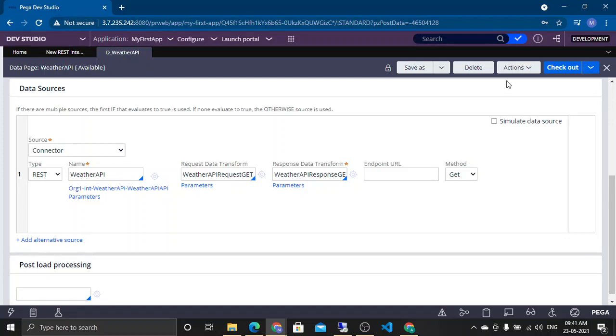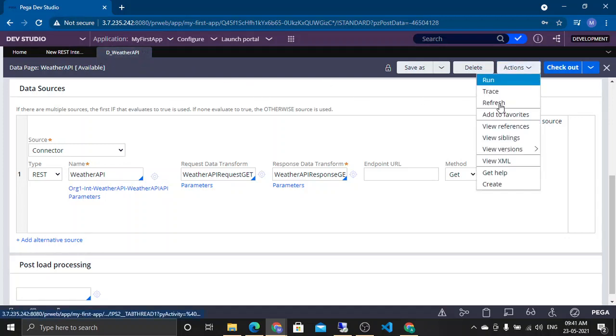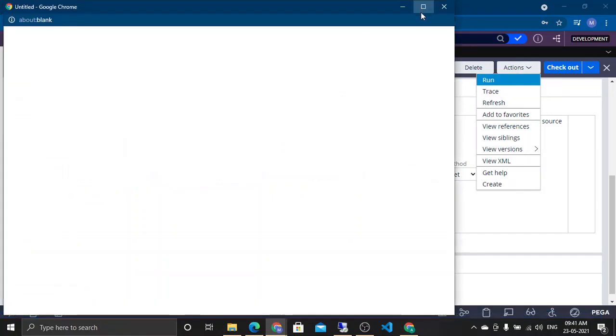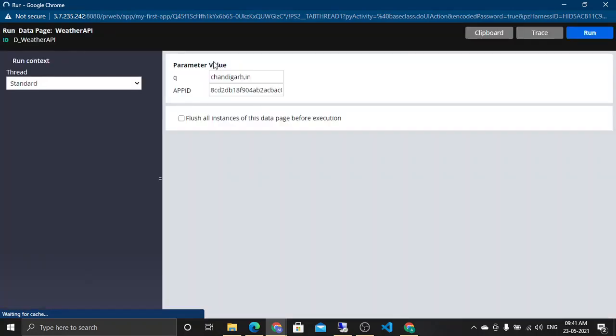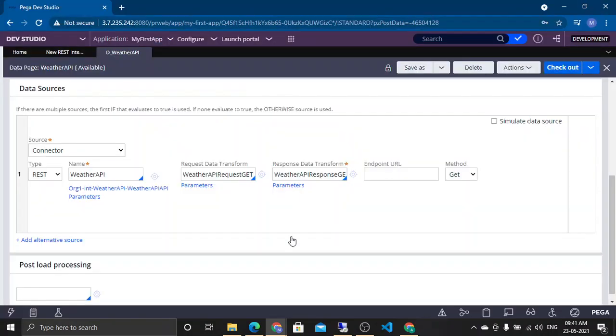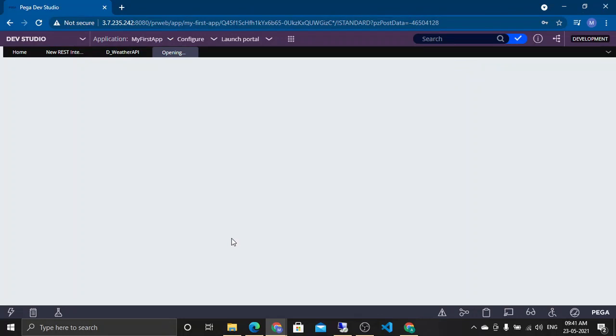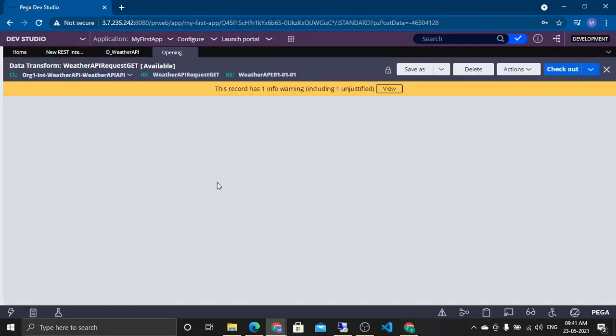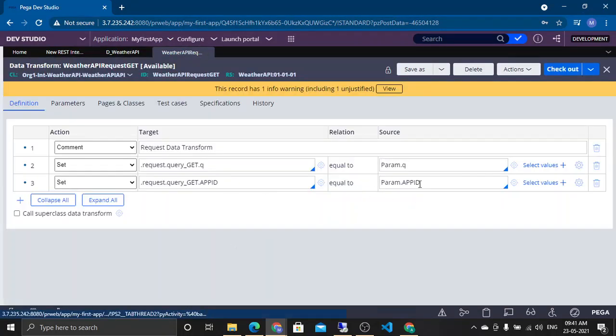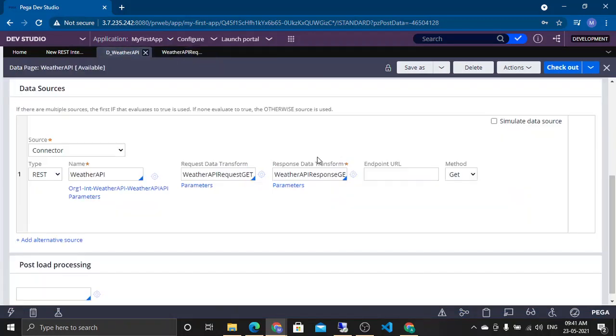Let's try to run this data page once. Run. It is already setting this, and where is it, I think here, request, if I'm not wrong. No, it is getting it here. It is getting it as a parameter, that is fine.